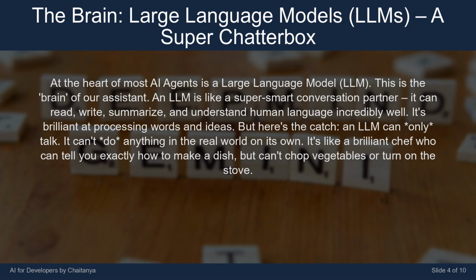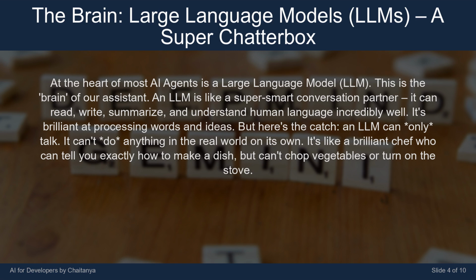At the heart of most AI agents is a large language model, LLM. This is the brain of our assistant. An LLM is like a super smart conversation partner. It can read, write, summarize, and understand human language incredibly well. It's brilliant at processing words and ideas. But here's the catch. An LLM can only talk. It can't do anything in the real world on its own. It's like a brilliant chef who can tell you exactly how to make a dish, but can't chop vegetables or